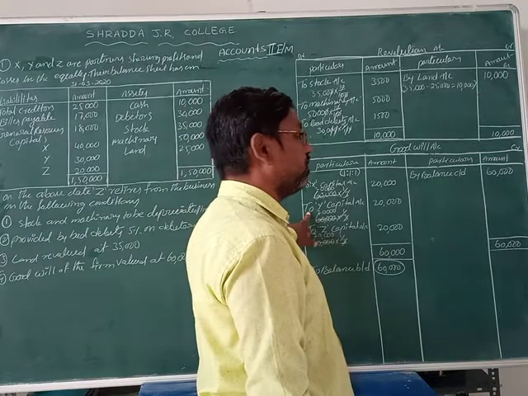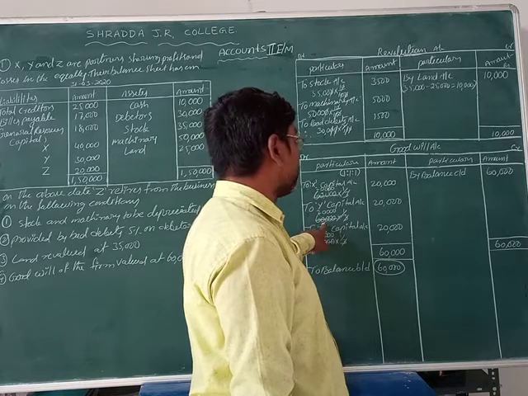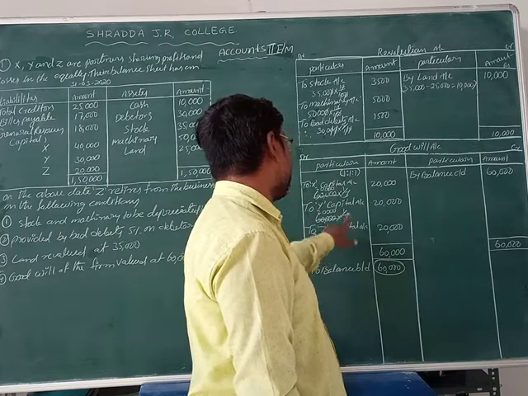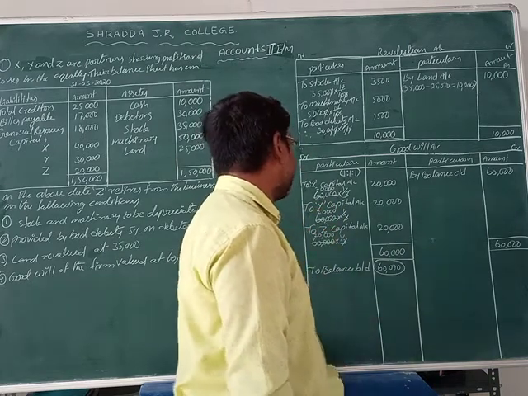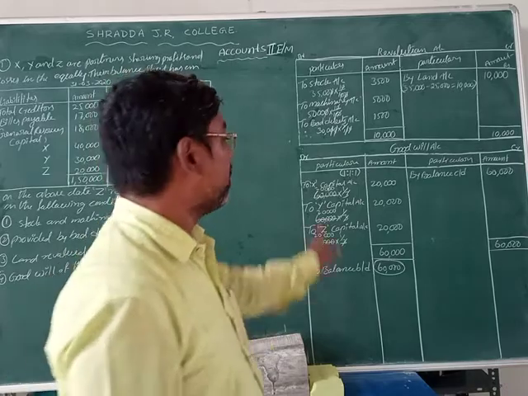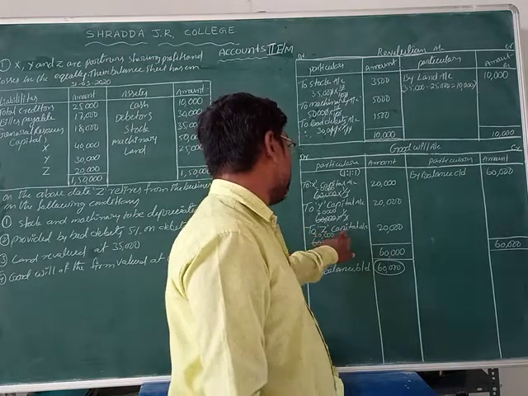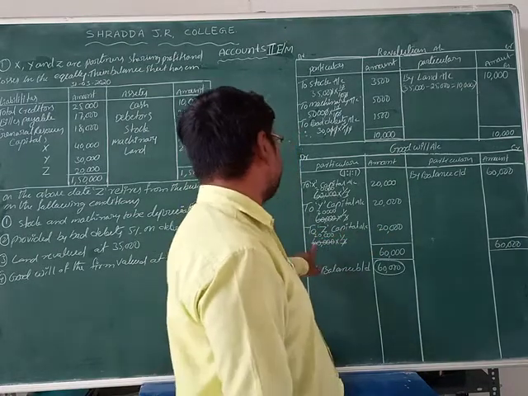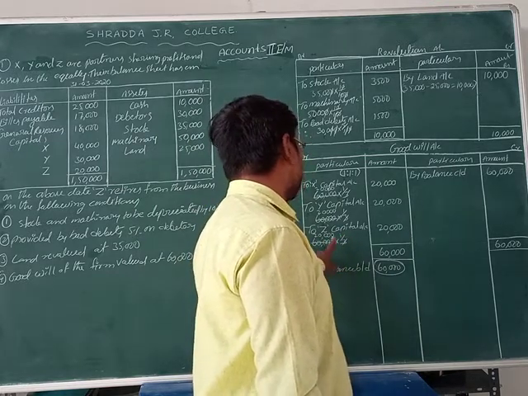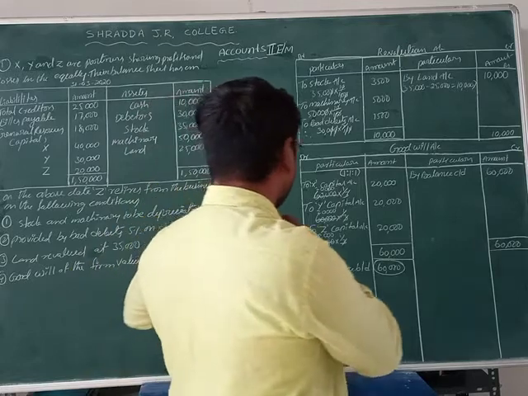Now next we take Y. In the Y capital account we distribute that 60,000 rupees goodwill value. So Y's share is 1 by 3. 3 ones are 3, 3 twos are 6, the remaining 3 zeros we take now. Total 20,000 into 1, 20,000 rupees for Y capital. Now another one, Z capital account, 20,000. How does it come? 60,000 rupees into 1 by 3. 3 ones are 3, 3 twos are 60. So 1 into 20, 20,000 rupees.